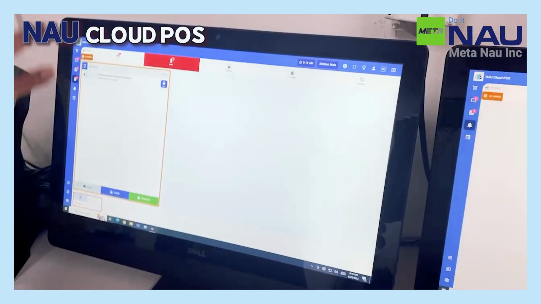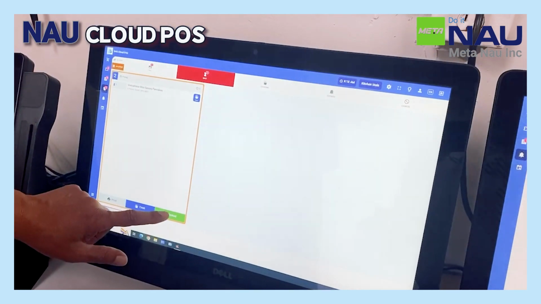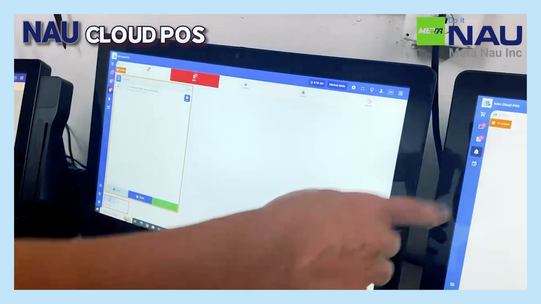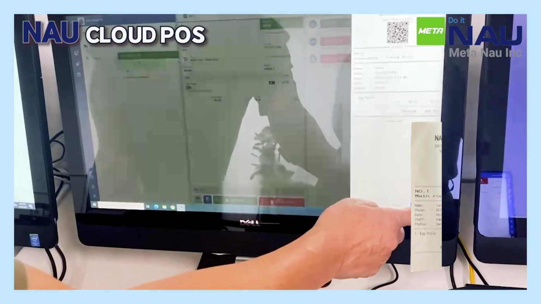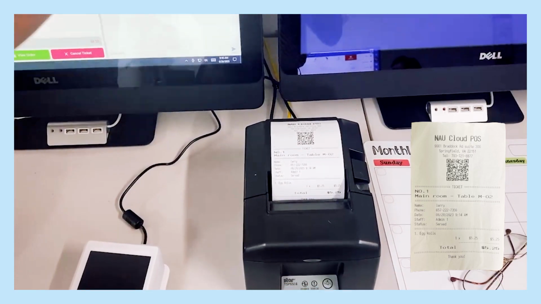The kitchen has to cook it. So when they cook it, they can bring it too. Okay, if they say they cook it, you will see it over there. So they will display right away. 2 is ready. Please come to receive. The print logo. So that is the printer. Okay, if you want